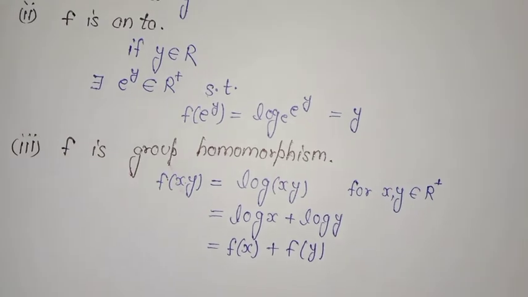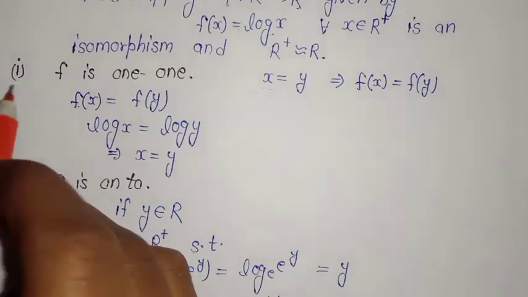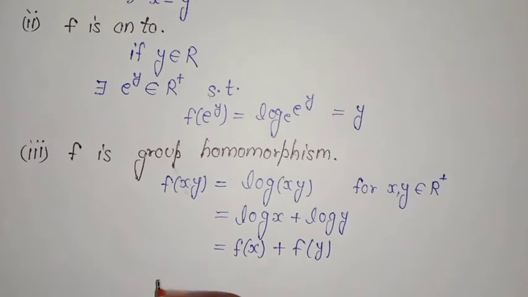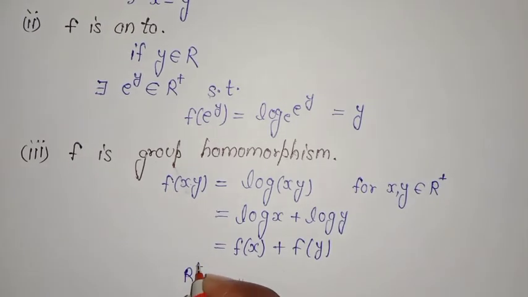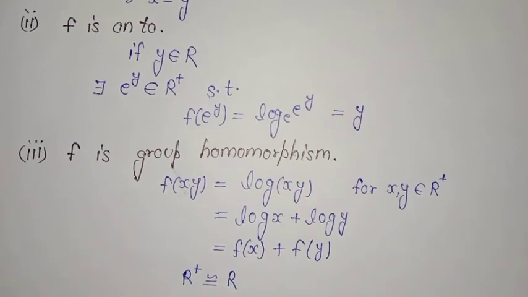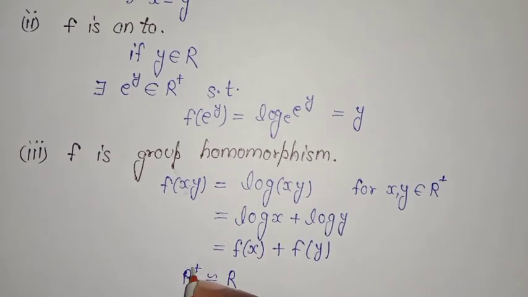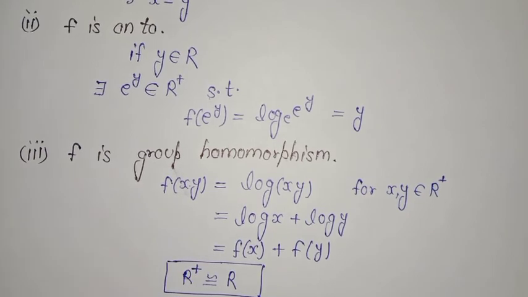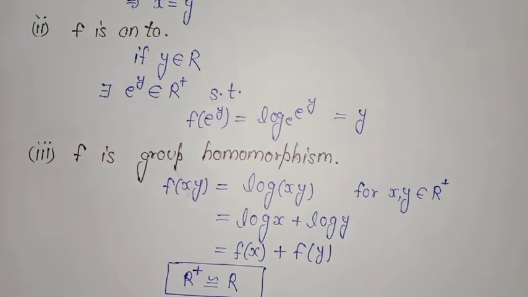So we can see that all the conditions of isomorphism are satisfied in this example. So R+ is isomorphic to R, and in this way we can prove that the given two groups are isomorphic to each other. I hope you understand the concept of group homomorphism and isomorphism,